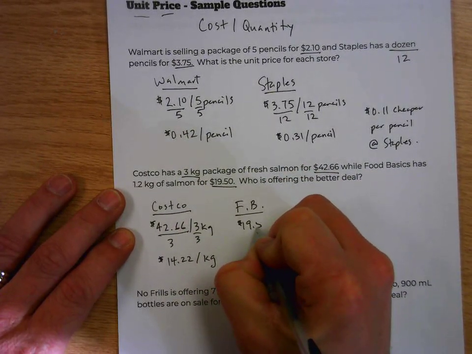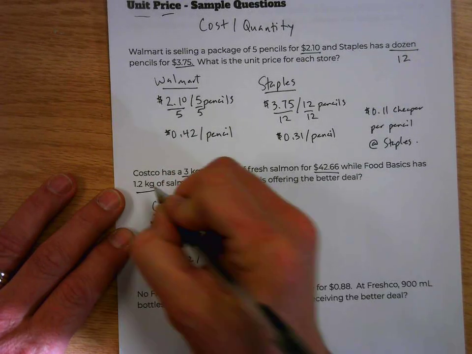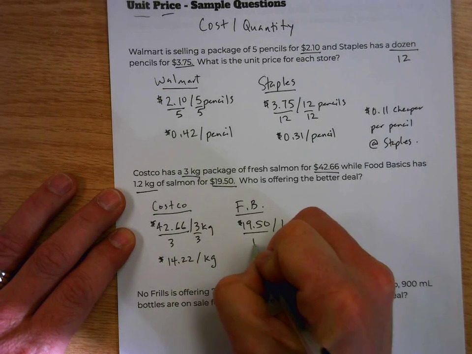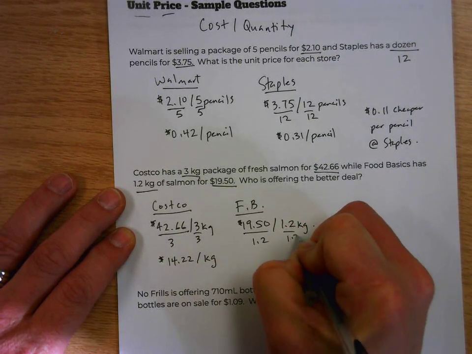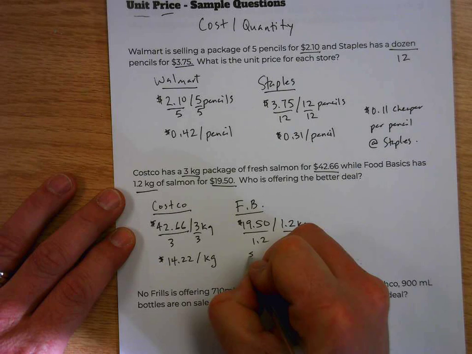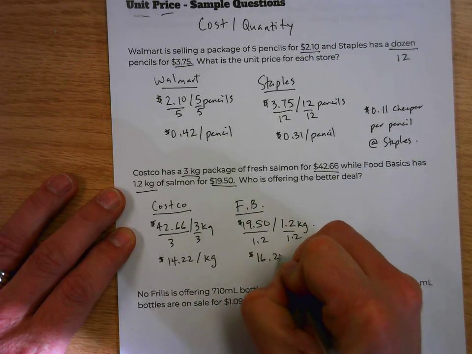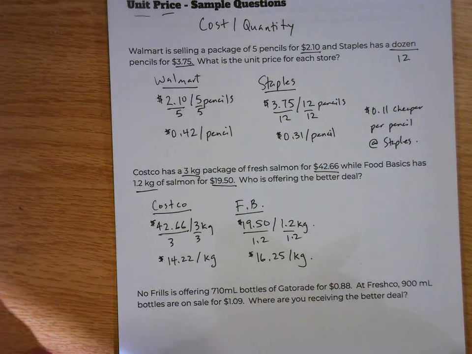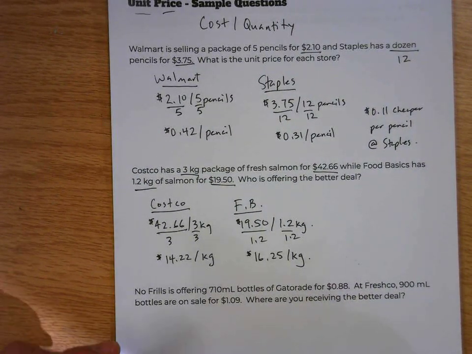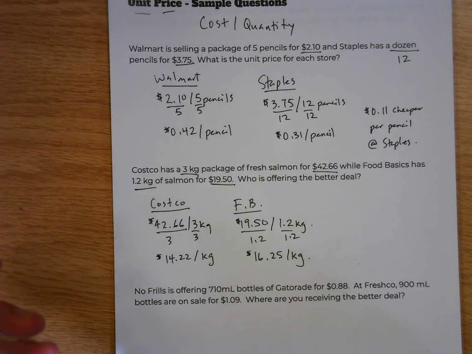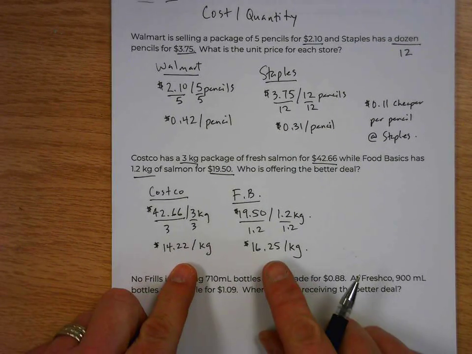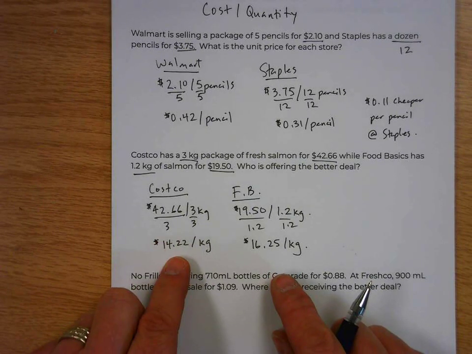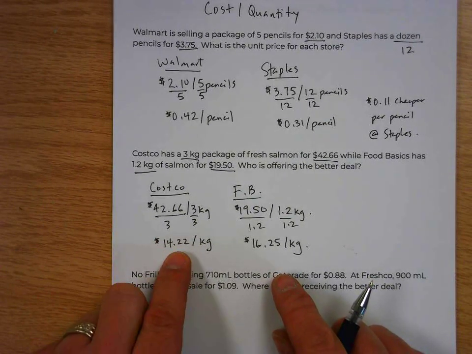Okay. At Food Basics, cost $19.50 for 1.2 kilograms. So I'm going to divide by 1.2, cost divided by quantity, and I get a unit price of $16.25 per kilogram. We need to find a common unit of measurement here so that we can comparatively look at these prices. Now we can tell, because it's the same quantity, Costco is offering a better deal at only $14.22 a kilogram